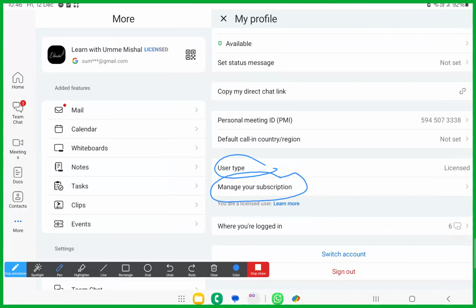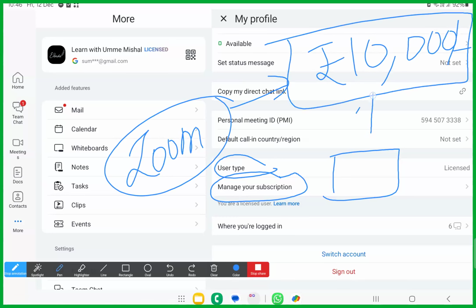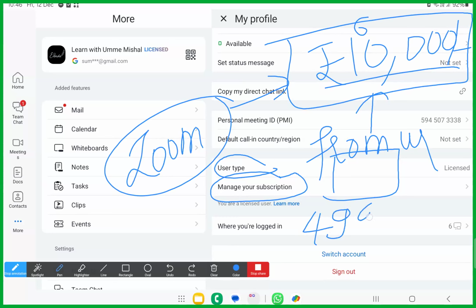If I'm telling you, purchase Zoom only if you have enough students. Purchase Zoom only if you are making an income of rupees 10,000. Only purchase it if you are making an income of rupees 10,000 from your classes. We have other sources of getting income, but from your classes, if you have at least 10,000, or at least 6,000 or 7,000 rupees income from the classes, only then purchase Zoom, because the cost is around 499 per month.